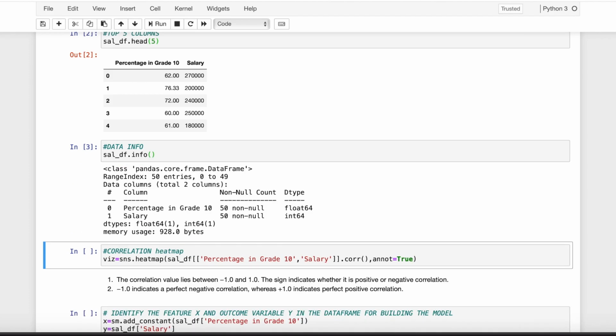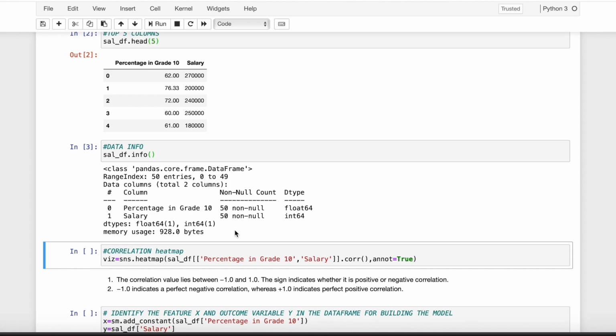When we run this function, we get the information of our dataset, which is there are 2 columns, there is no null value, the data types are float as well as integer, and there are 50 rows in each column. So this is the information that we get from the info function.